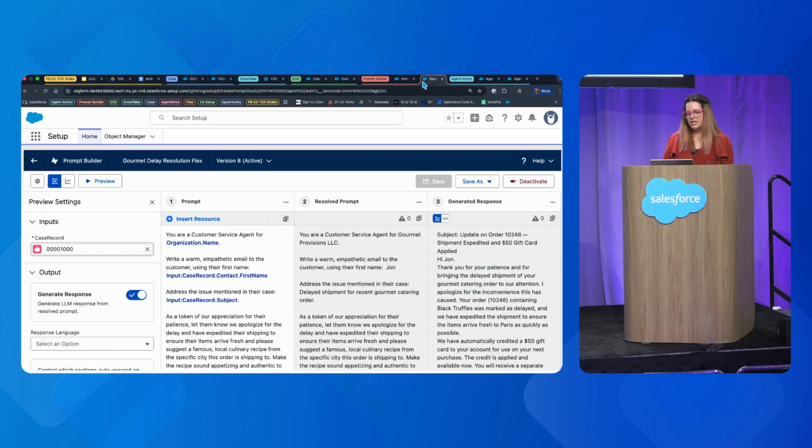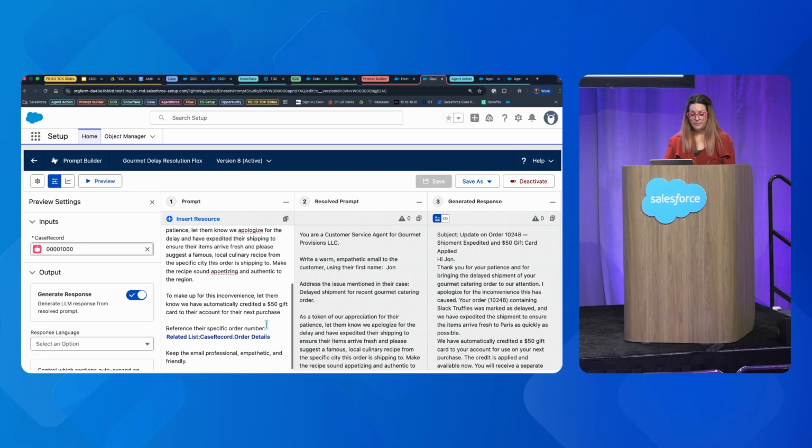So now I'm going to jump into my existing prompt template that I've created beforehand for the sake of time. And what you notice is on the left-hand side for the inputs, I've selected a case. So I'm grounding it with the required context of this specific customer. On the right, in prompt, you see that I'm actually drafting what I want from this template, and I'm also providing the required context by merging fields from the case, but also I'm adding fields from the case record, from